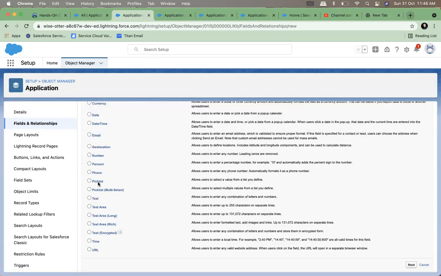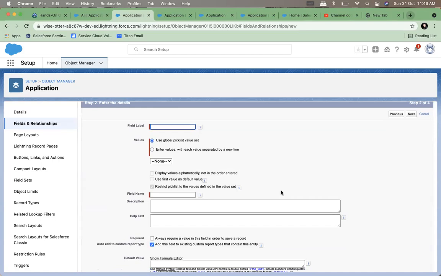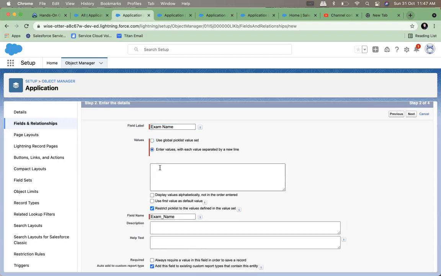Then this is very important. Phone is a normal phone field. Pick list is important. Pick list is a field which gives you the opportunity to choose from a set of values already defined. So you can say exam name. You can use a global pick list value, that means a set of values which you have already set. You can use it in multiple objects, or you can define your own here.